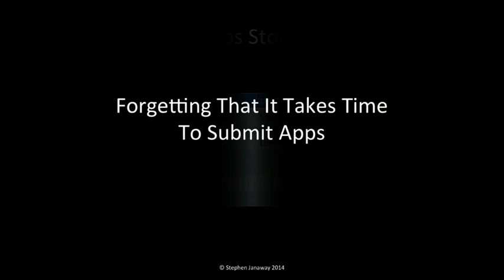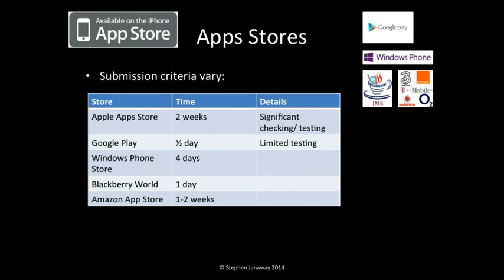Another gotcha is forgetting that it takes time to submit applications in the first place. So it can take 2 weeks to get something live in the App Store as compared with half a day for Google. Now this can play to your advantage if you choose to put a version into the App Store and then do some of the testing while it's in the submission process. However, don't forget when it goes live to test downloading and installing it, because that's a very difficult thing to test beforehand, impossible with the launched version. And the last thing you want is to find that consumers can't download it and you wonder why you have no downloads.